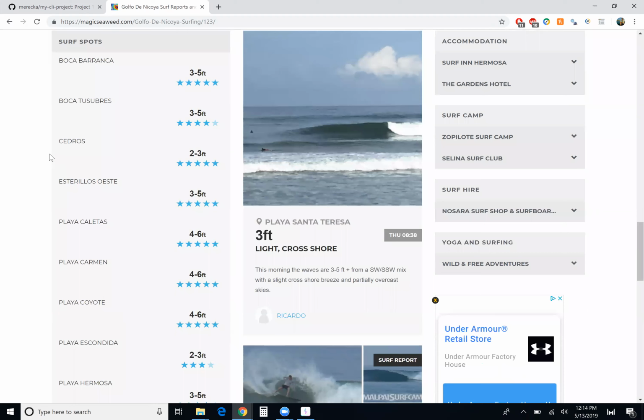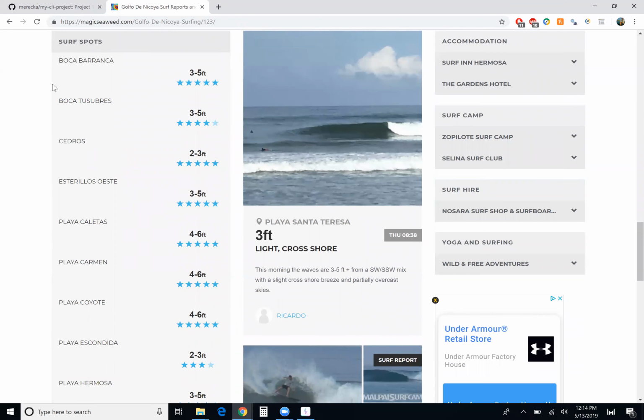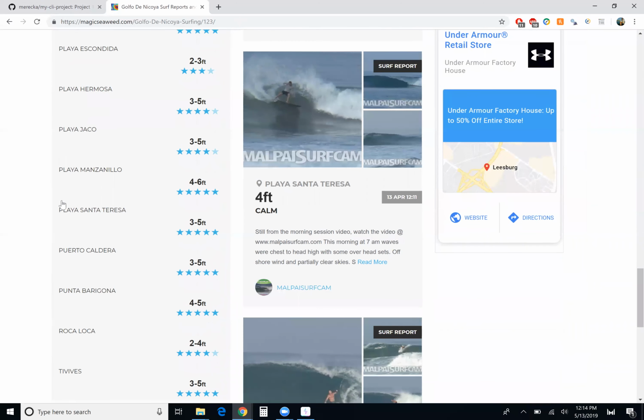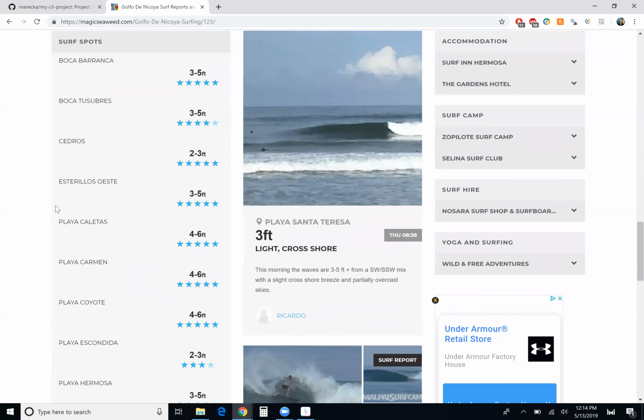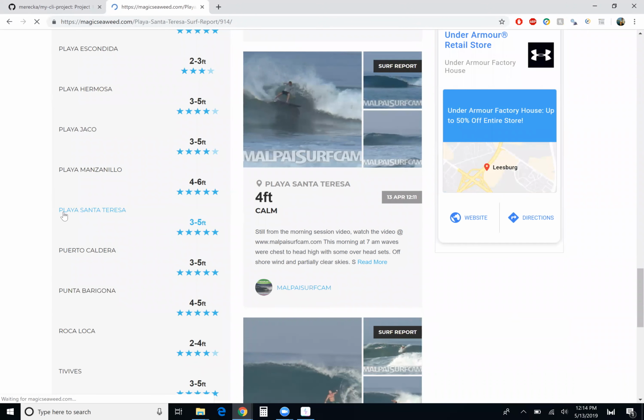So again, the user, like you saw before, is now presented with a new menu or a new list and has to decide what surf spot to see. And again, the data that I'm extracting from here is just the name of the surf spot and the URL link. So if I click on Playa Santa Teresa,